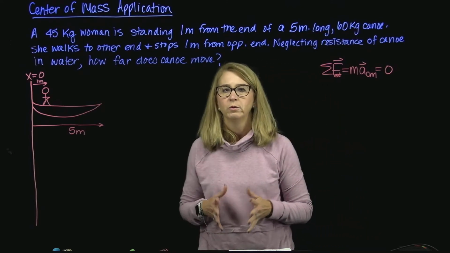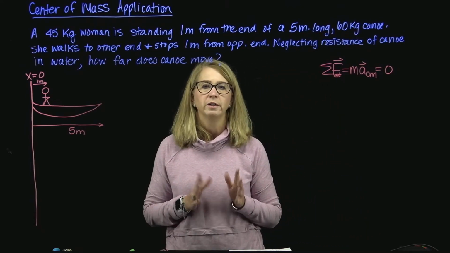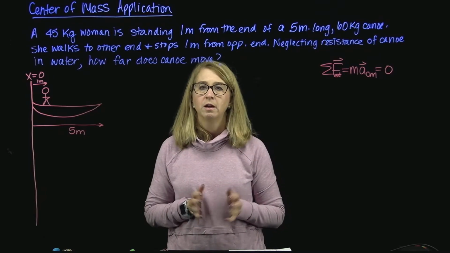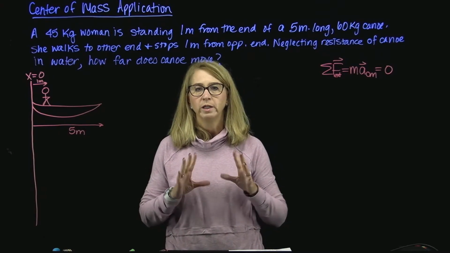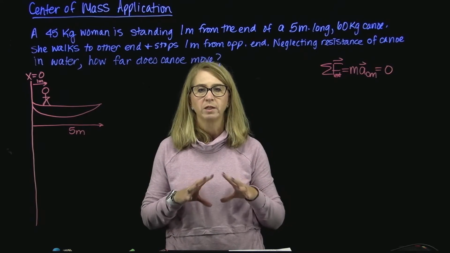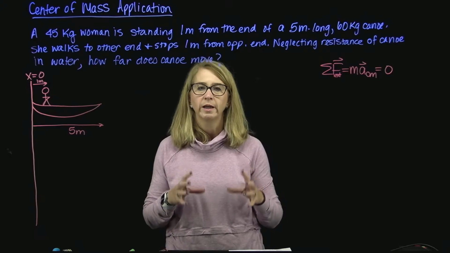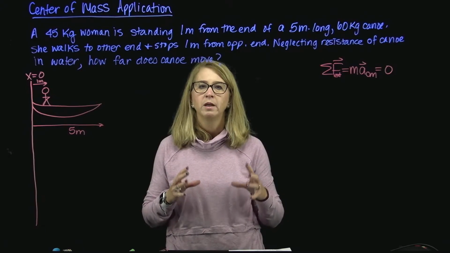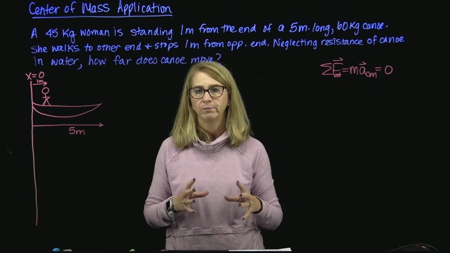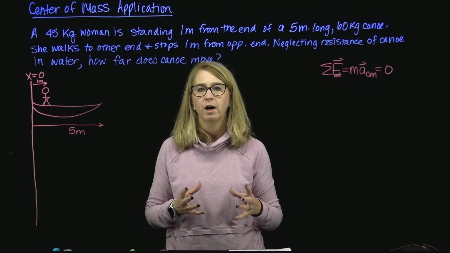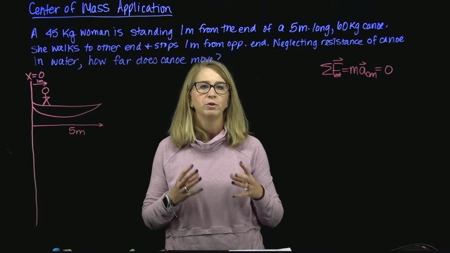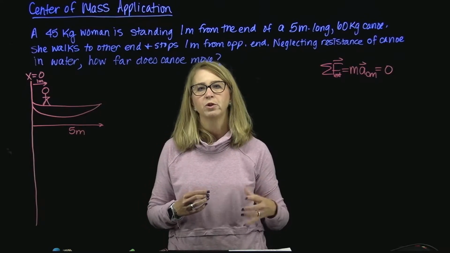All right, so I wanted to do an interesting application of this idea of center of mass. At the end of chapter 9, we were looking at the idea that a system of particles can have a center of mass. And we can also apply Newton's second law to that assembly of objects if they're moving together and sort of predict their motion based on the motion of their center